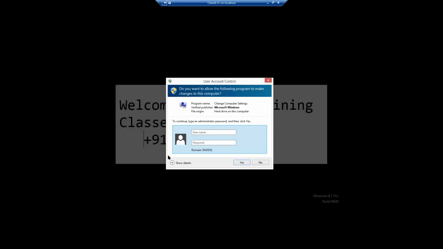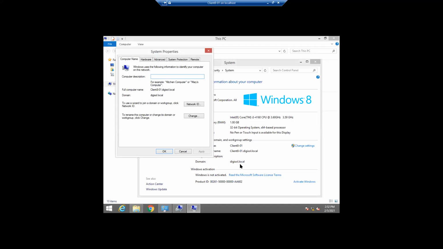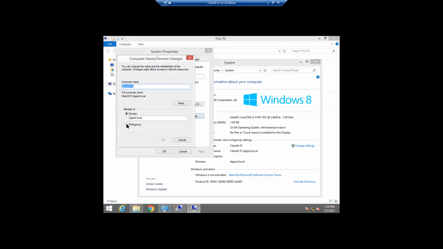Client machine, client 8 hyphen 01, admin, right? I'm typing the password. I'm removing this machine from the membership, then I will add it to the required domain.